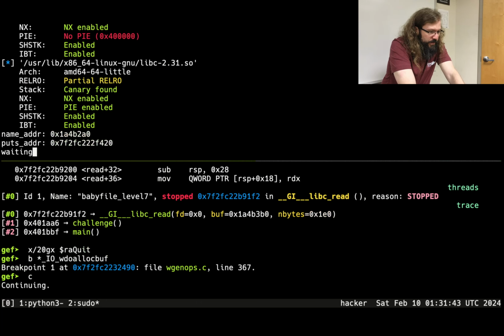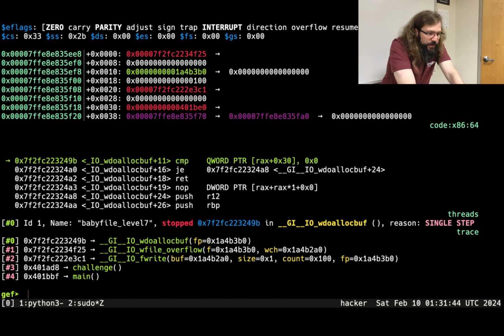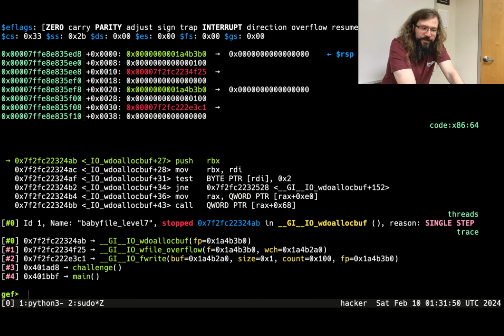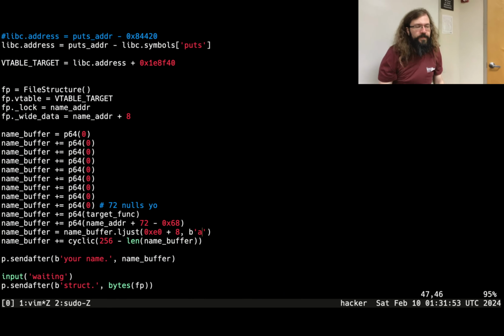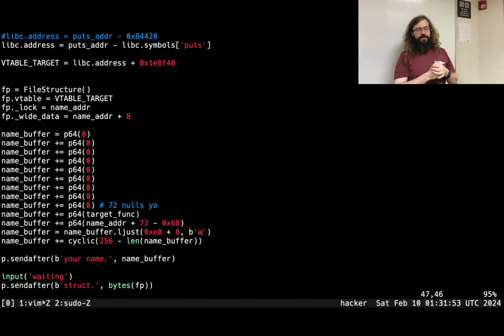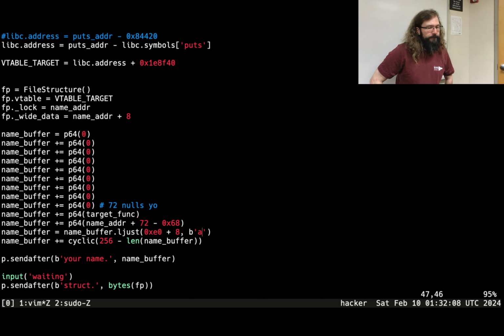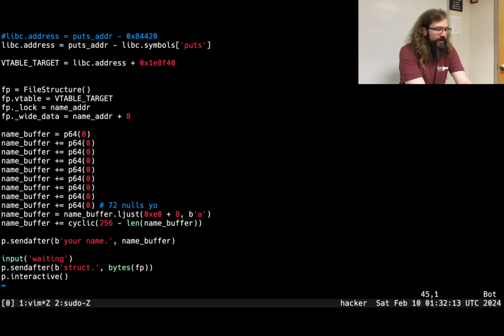Wait, can you go back to that real quick? I think you want to put the name adder line after the LJust, because that way we know where that many hexes in. Because right now we put it before the LJust, so at that point, it's just part of the